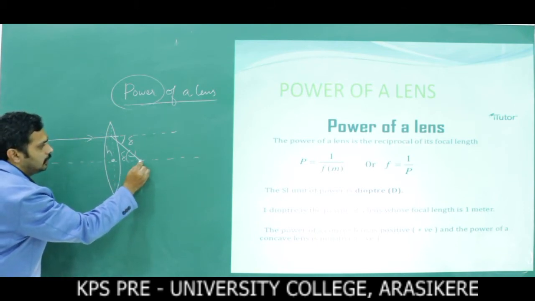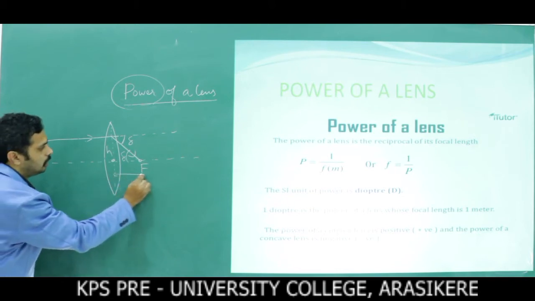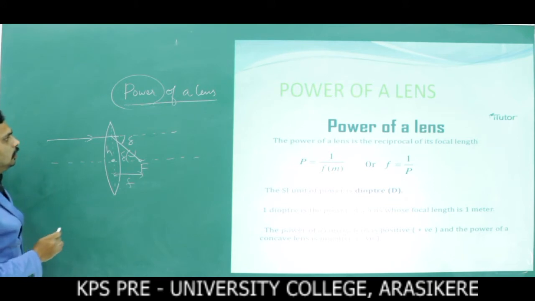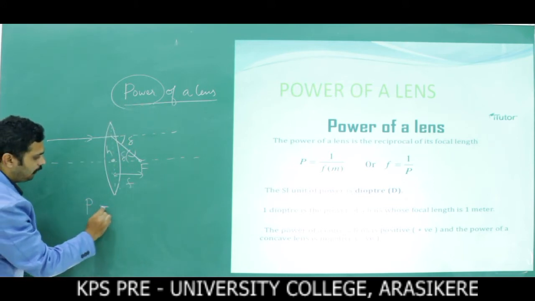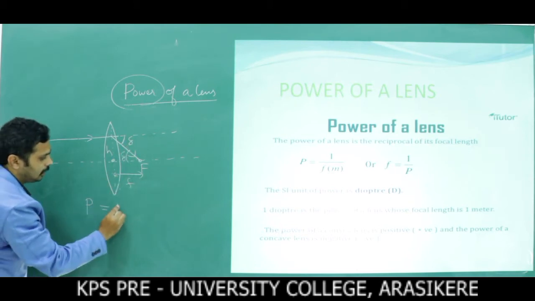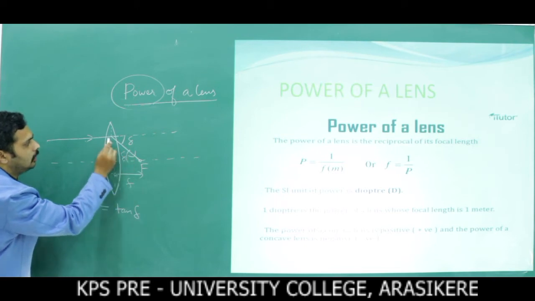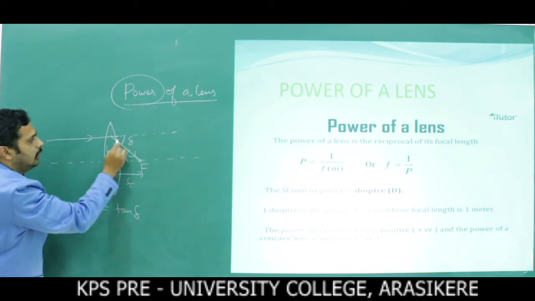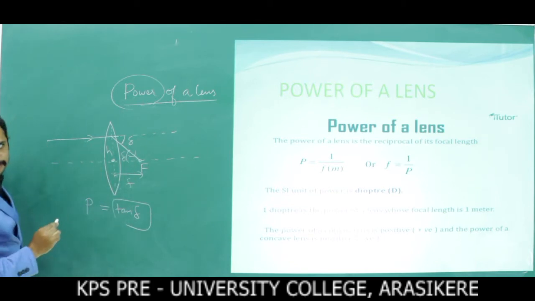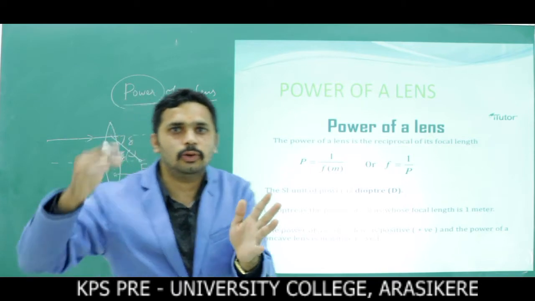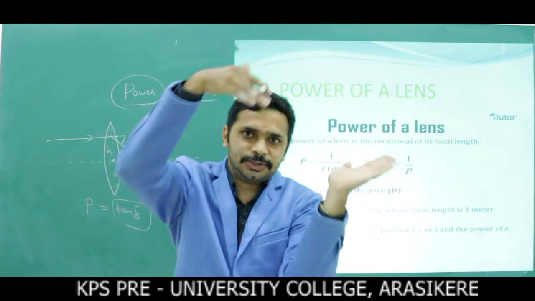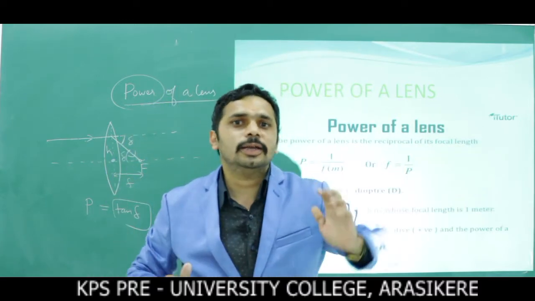Now we know that this is the focus. This is the focal length. The rays meet here. This is the focus, this is the focal length. Now what is power? Look here. The power of a lens is defined as the tangent of the angle to converge or to diverge the rays of light falling on it. Here I am using the tangent of the angle. That's why by using power you measure the degree of convergence or degree of divergence. You can measure how much it converged, how much it diverged.